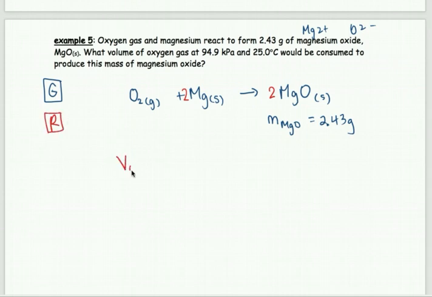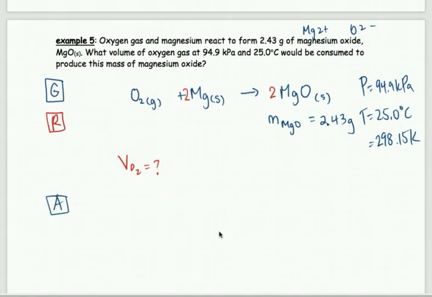Okay, so we need to find the volume of oxygen. But we know the pressure is 94.9 kilopascals for the reaction, and the temperature is 25.0 degrees Celsius, which when I convert it to kelvins is 298. Okay, so we know the pressure, we know the temperature, we need to find what volume will be